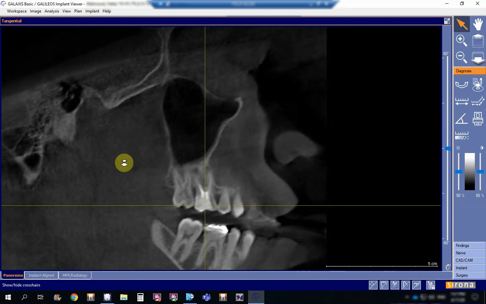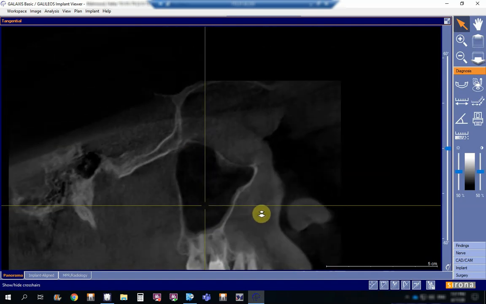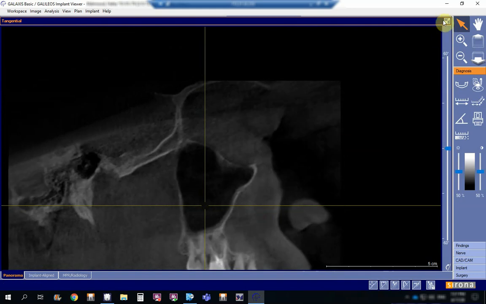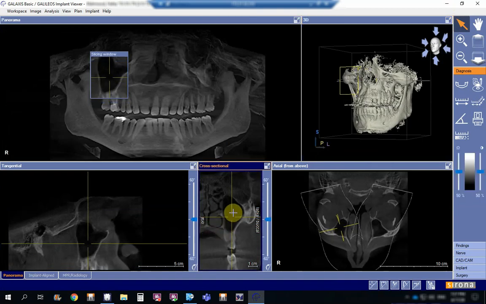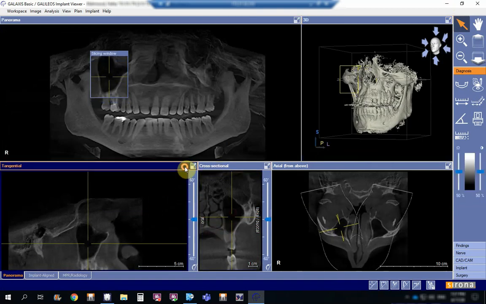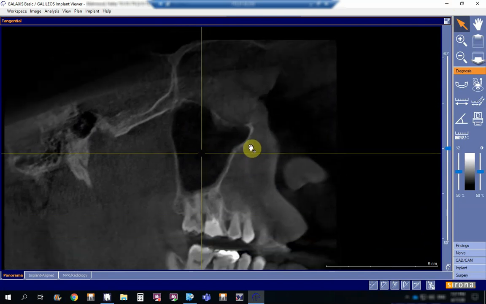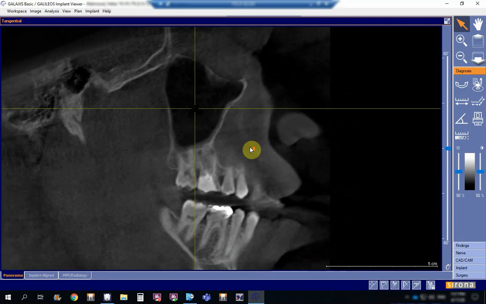So I will start for the maximum thickness. I'll go to the maxillary sinus. This is the maximum thickness of the maxillary sinus. I will reduce again. Okay, so this is the maximum thickness. I'll take you up here. Okay, this is the largest width of the maxillary sinus. We can zoom in and zoom out. Okay, and then I will go